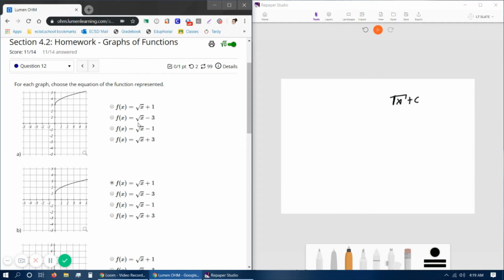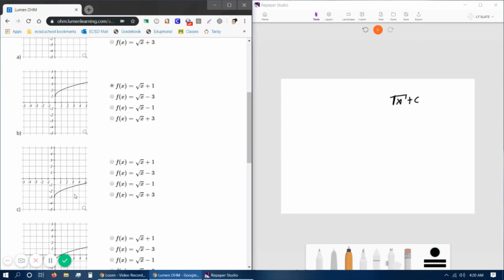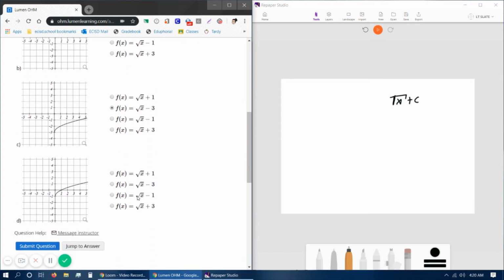The second function is f of x equals the square root of x minus 3. C is negative 3, which means the vertex is 3 squares below 0, 0 at 0, negative 3, matching it with graph C. The third function is f of x equals the square root of x minus 1. C is negative 1, which means that the vertex is 1 square below 0, 0 at 0, negative 1, matching it